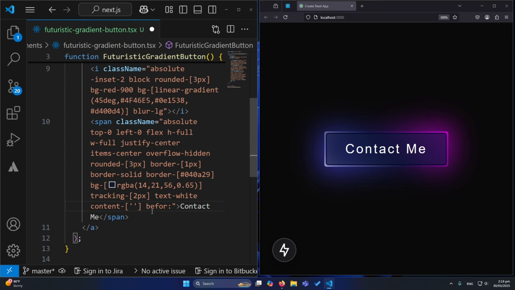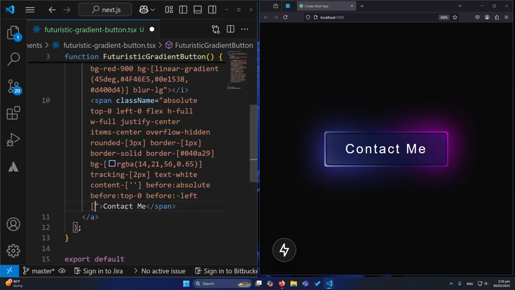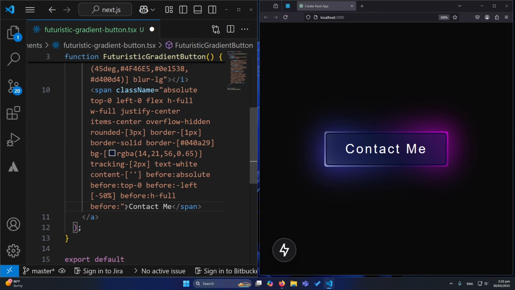So first of all let me type here top position is going to be absolute, and then before here we need to type top -0, and then before left would be -50%, so that's why before left I have written the minus keyword. Okay, so -50%, that's it. And then before height would be full, and then before width would be full,